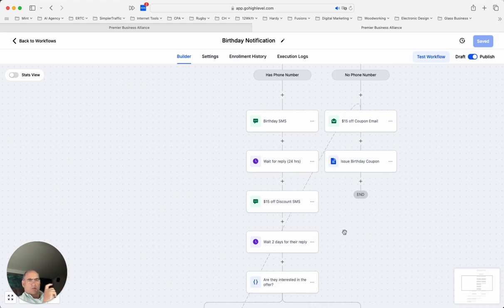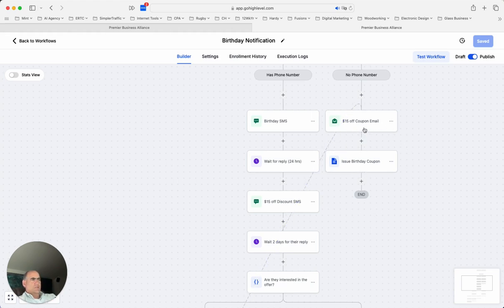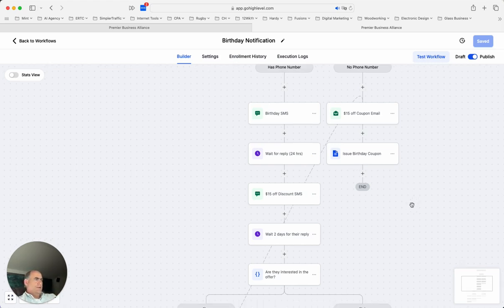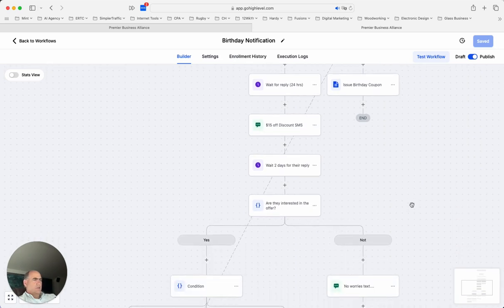One of the things you could do is, during the call, if they say, yeah, I'd be interested and so forth, you would have a custom action that would then come over and send this birthday coupon, basically. And we're using Go High Level's certificate system here. So we're actually sending them a certificate that they can print out and bring in, or show on their phone. It'll be on their phone, and they could bring it in and get the discount.